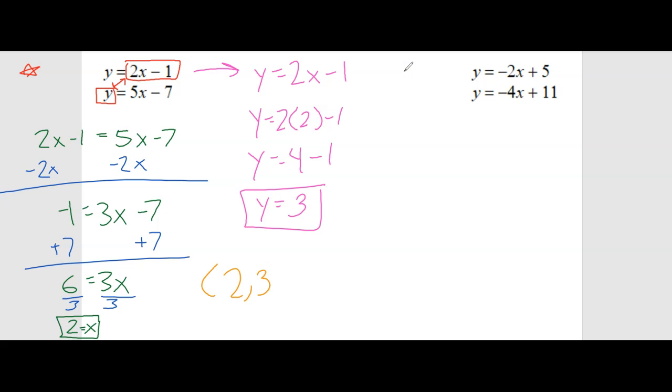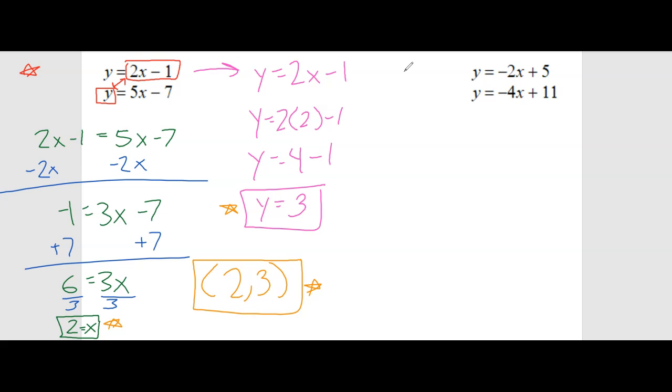2, 3. You can either show them in boxes like I have here, what x is equal to and what y is equal to, or you could write it as an ordered pair like I did in orange. All of those would be acceptable answers. Now it seems like